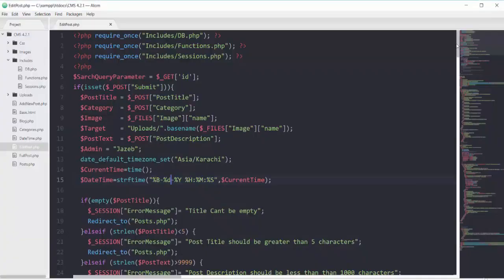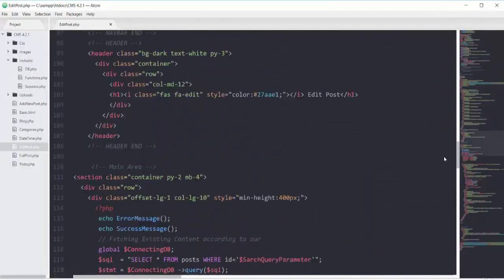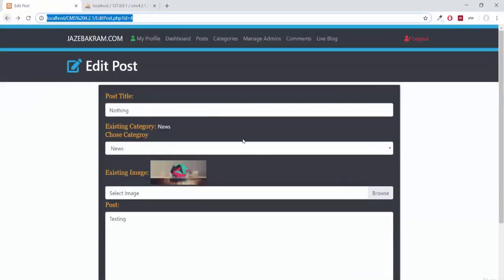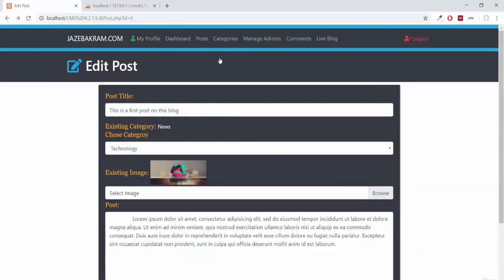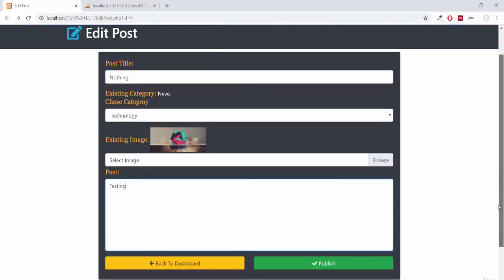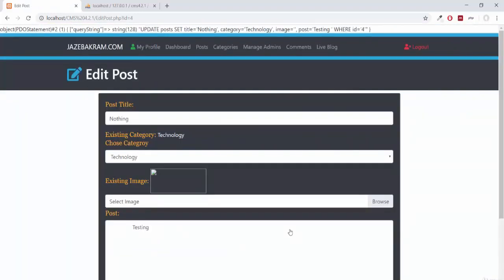So going to my form, yeah, I have to add the action attribute here. So edit post.php and then id is equal to, saving this one. Now let's go back to this page, id is equal to 4. Now changing it to nothing and content to testing, publish. So I got